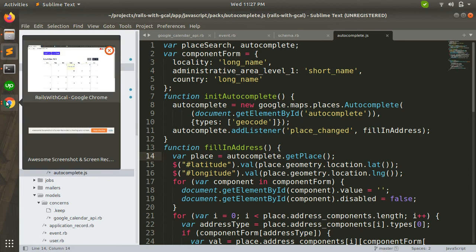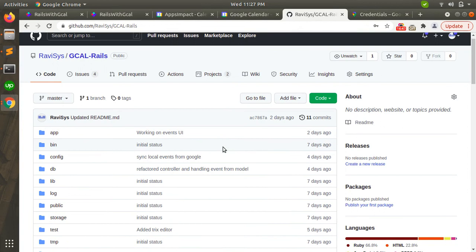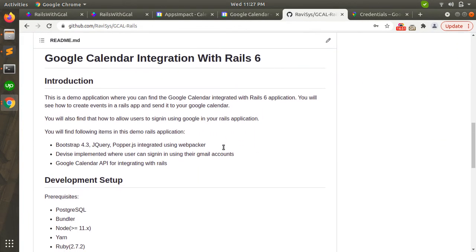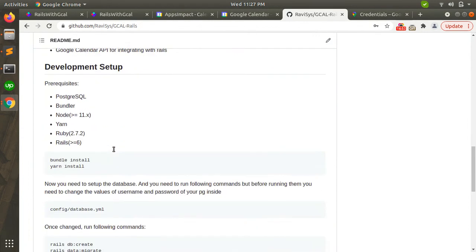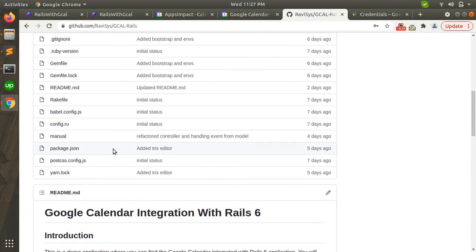Now here is the code base repository that you can find. In this repository, I have explained everything that is required to set up the application in the README. And if you feel stuck anywhere, or you need some help while setting up this application, then you can just let me know, and I will definitely help you. Just comment, okay, and I will send you tips on how you can do this successfully.